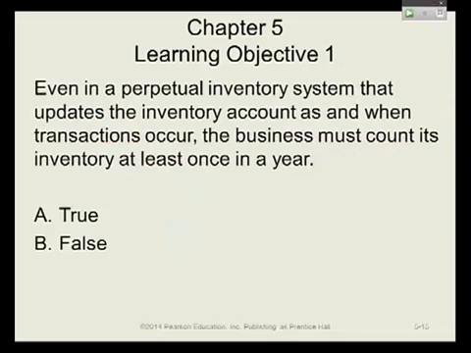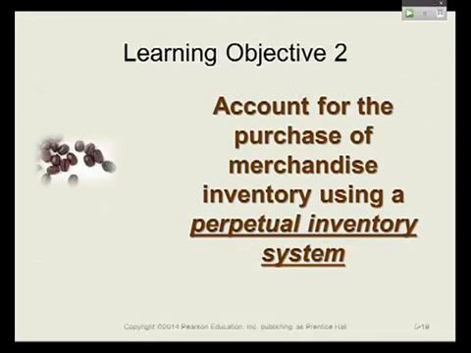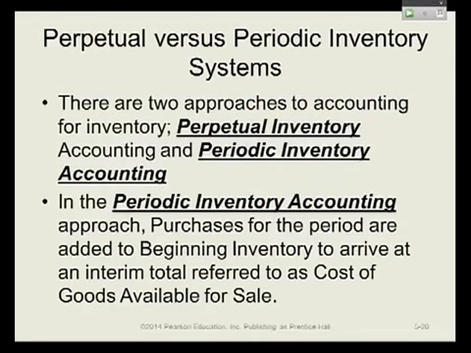So now let's go into the second learning objective, and that is going to help us understand how to account for inventory on what is known as a perpetual inventory system. There are two ways, and when you think about inventory, you have to think about the components of inventory. So what are the components? The components are the cost per unit as well as the units that are on hand. So when you think about inventory,